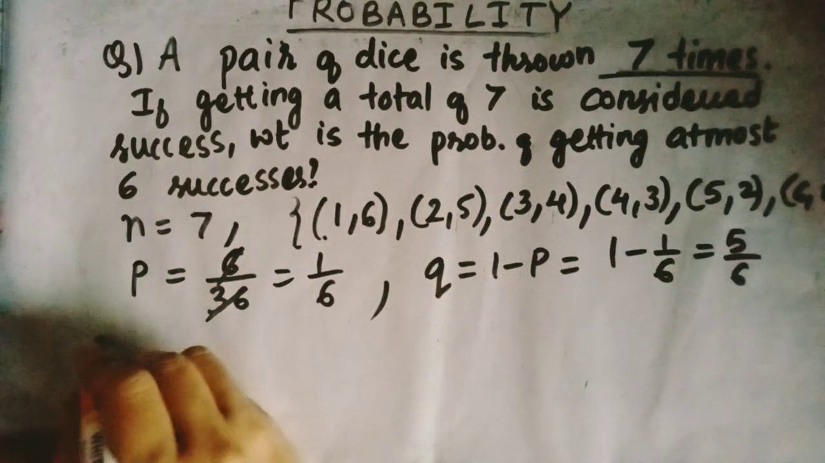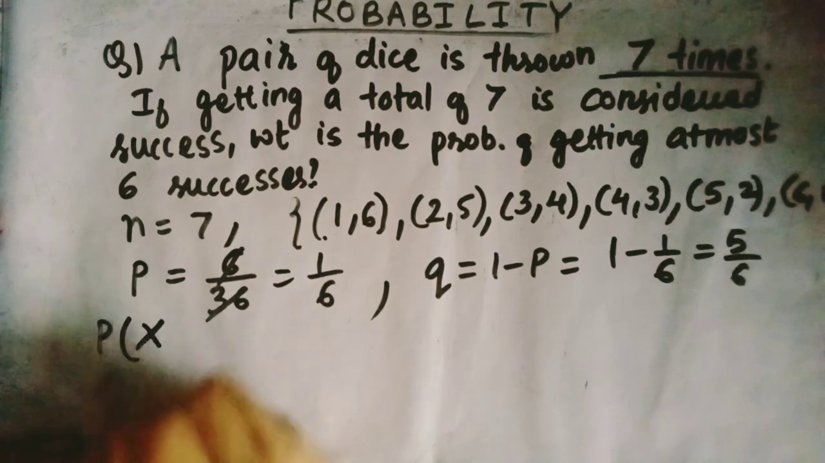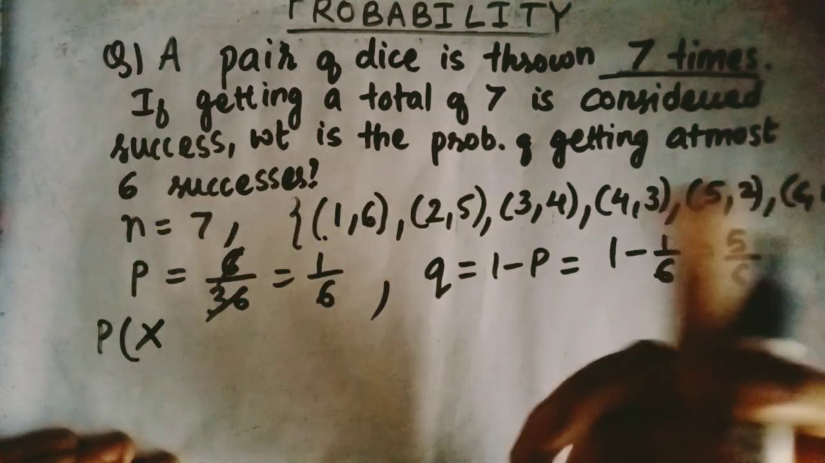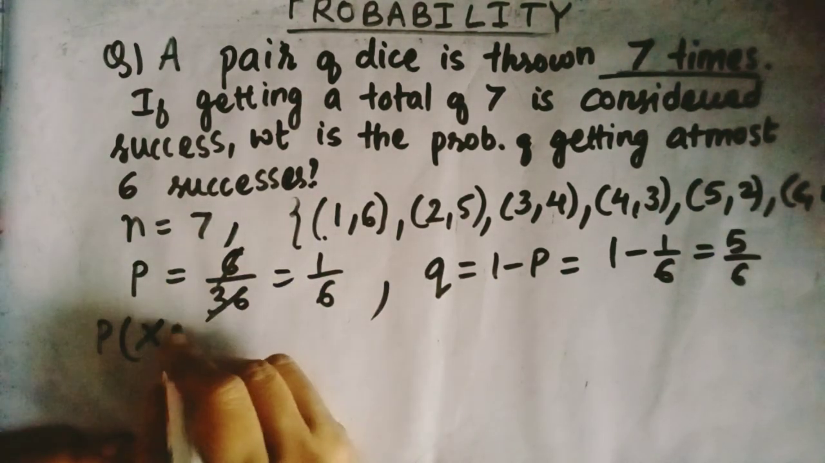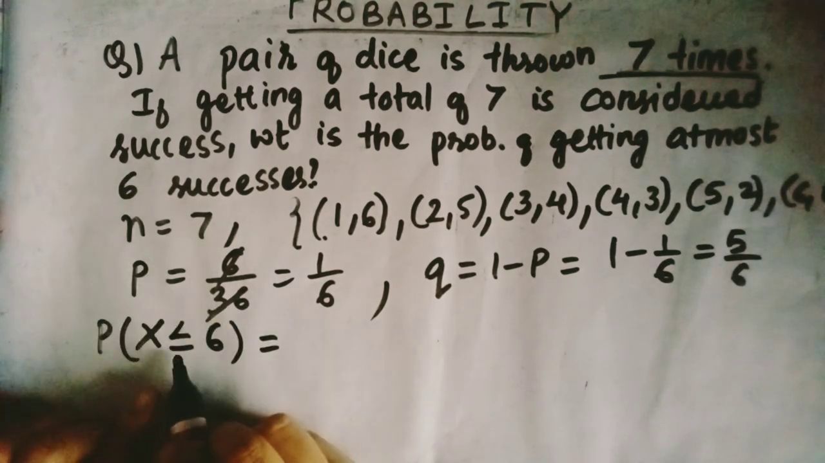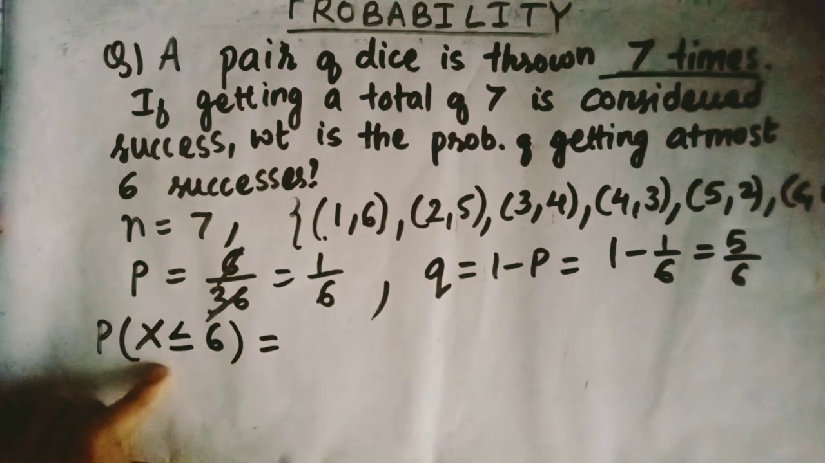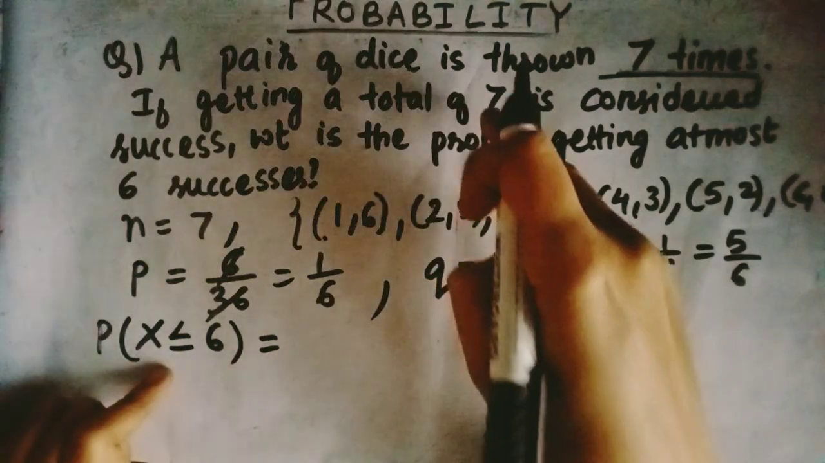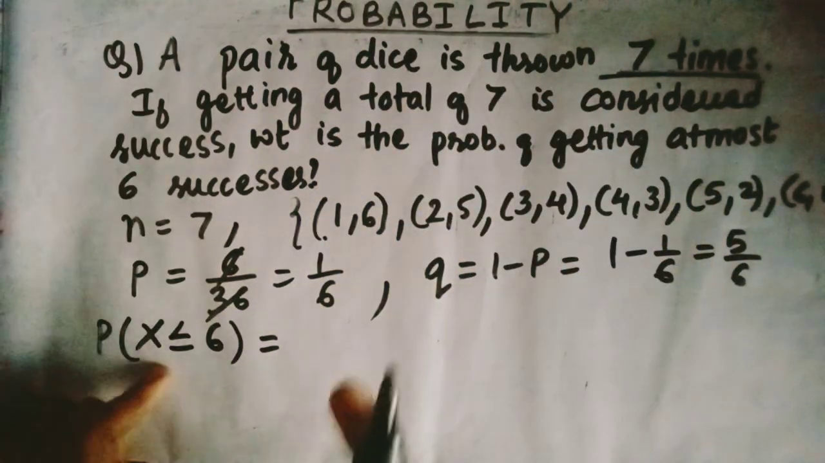At the most means what? The random variable will be from 0 to 7, right? So at the most means less than or equal to 6. So you have to start from P of 0 plus P of 1 till P of 6, and only one thing remains, that is P of 7. So now you have to use